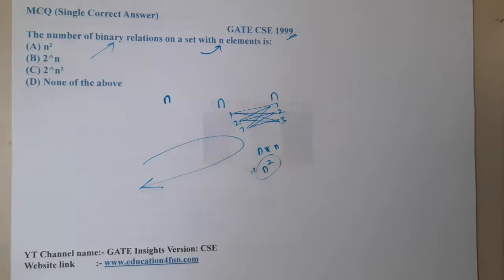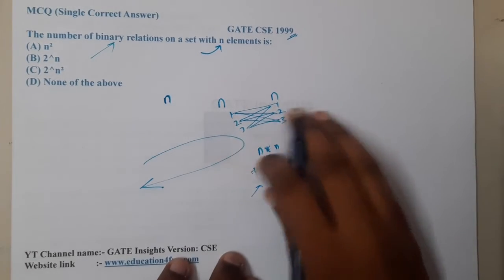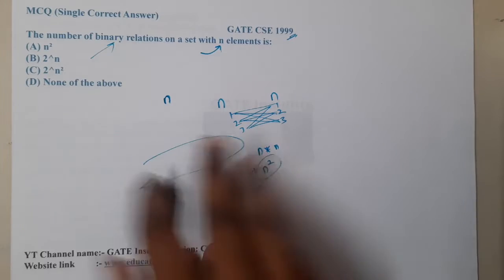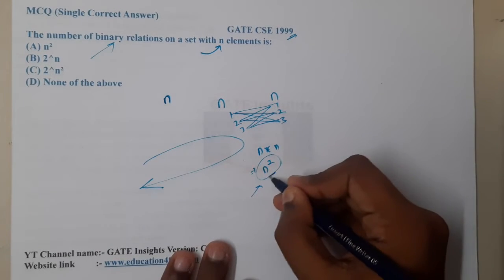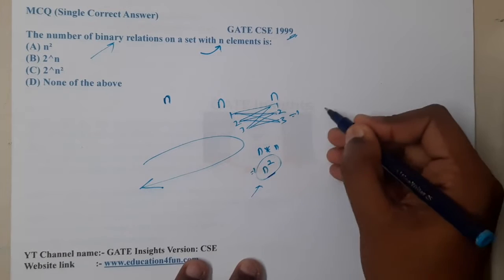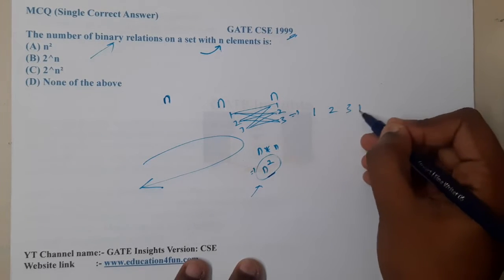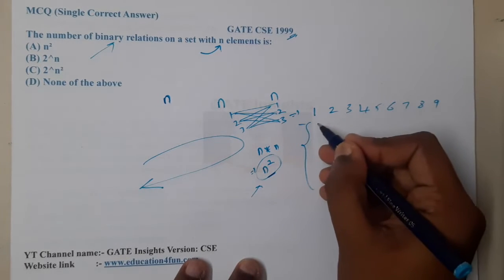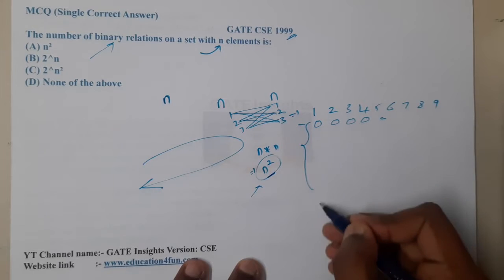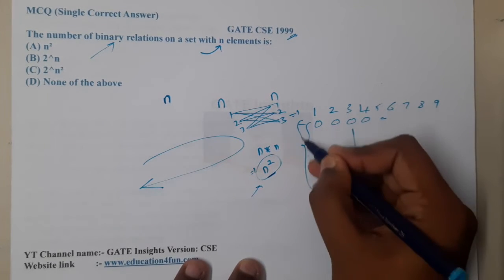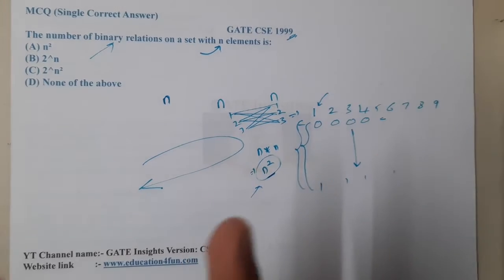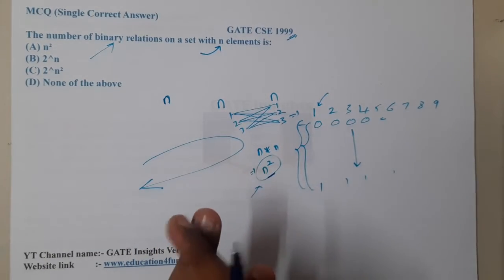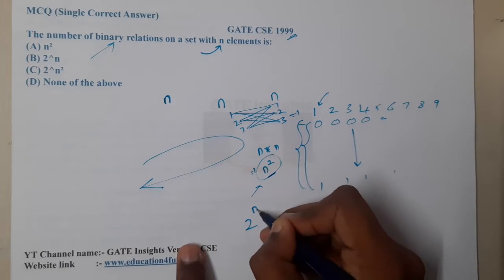That is n square. Now we are checking binary relations, which are subsets of these pairs. Among all these possible combinations, our relation could be anything. There are n square items, so let us take this example with a total of 9 items, 1 2 3 4 5 6 7 8 and 9. Any one of them could be available, so there could be from all zeros to all ones. All possible combinations will be there. Each and every one of them could exist or could not exist, so the chances are 2. So you can directly write it as 2 power n square.